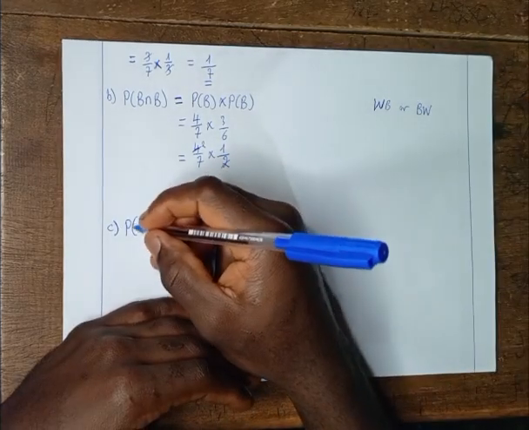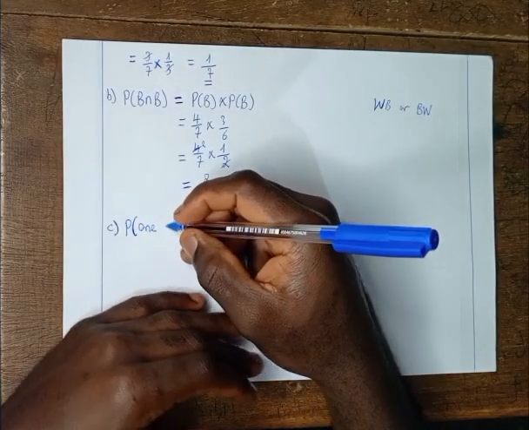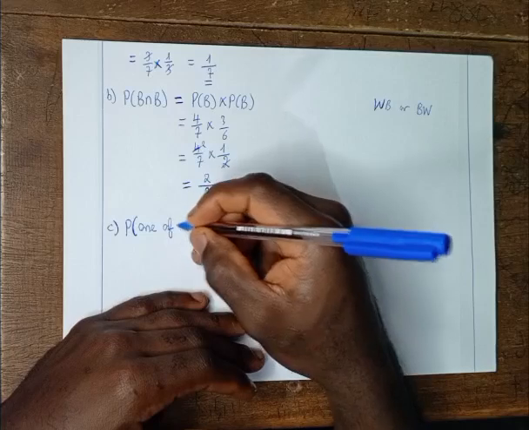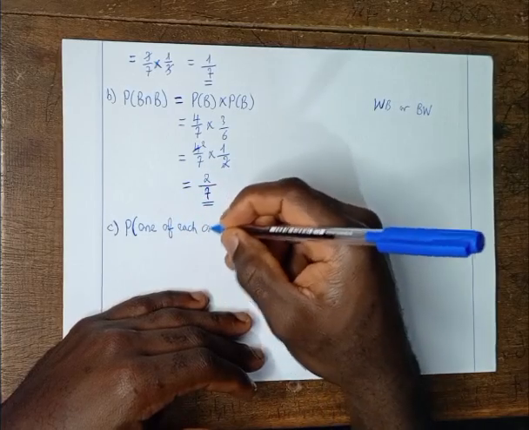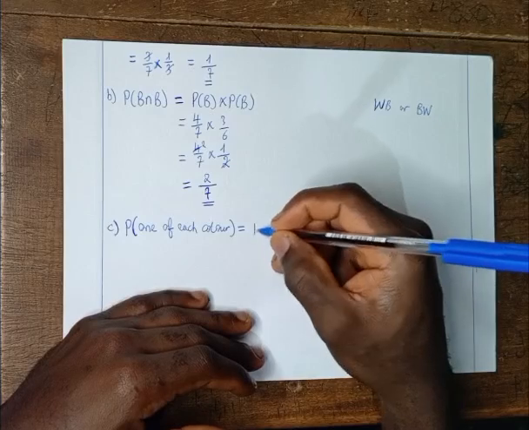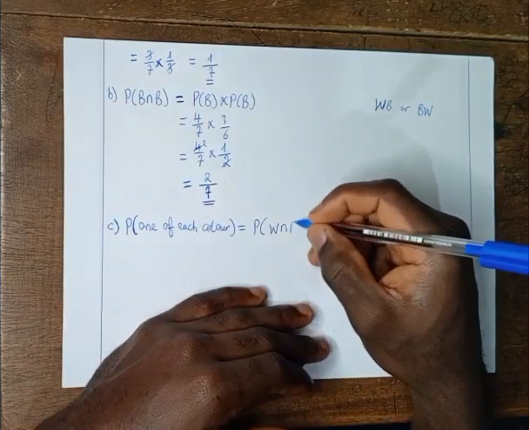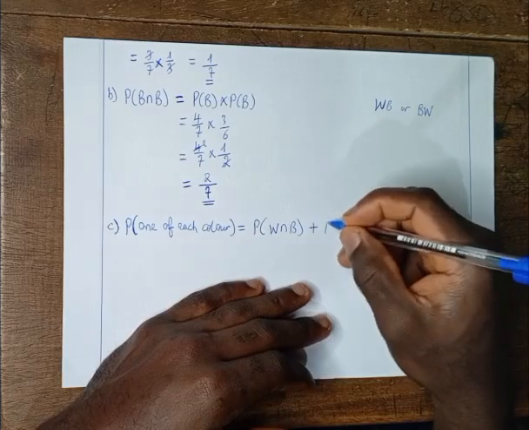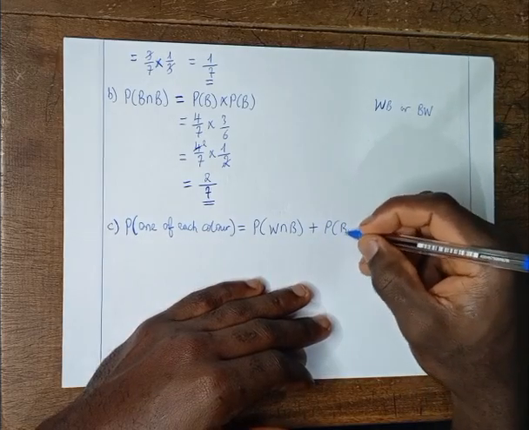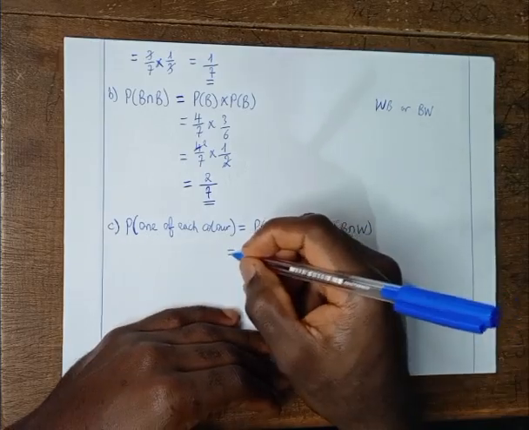This will give us the probability of one of each color, simply equal to the probability of having white and black plus the probability of getting black and white. This will simply be equal to,